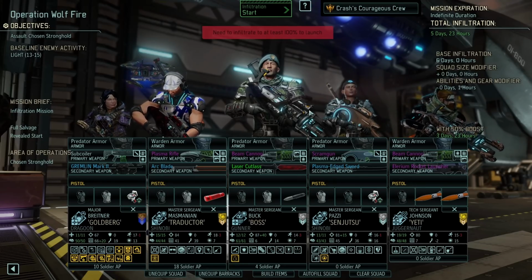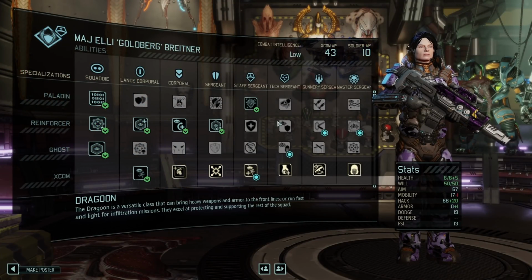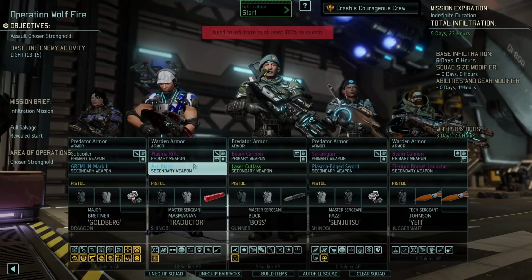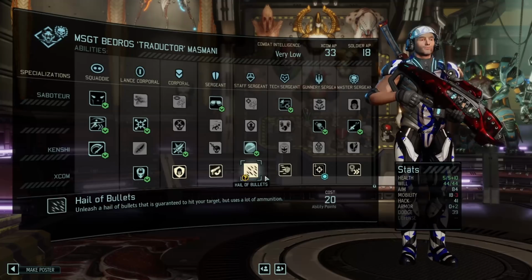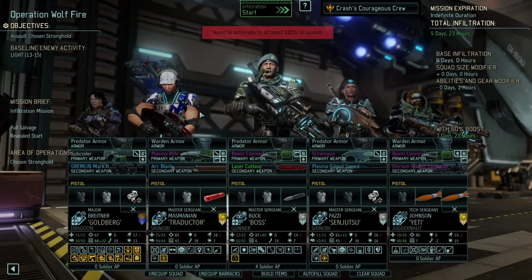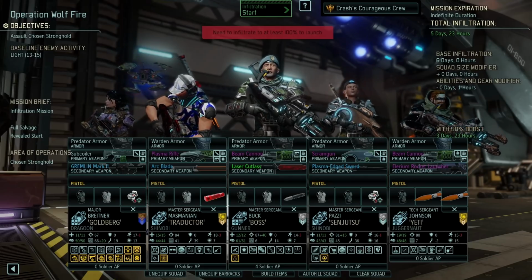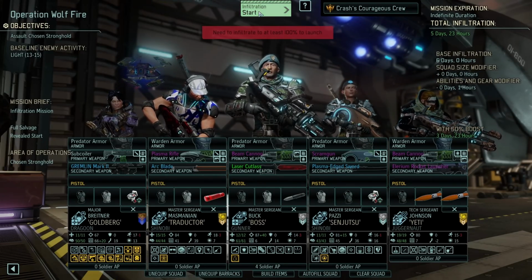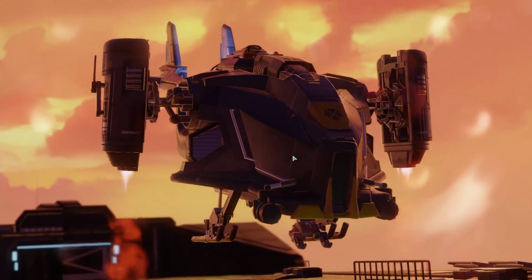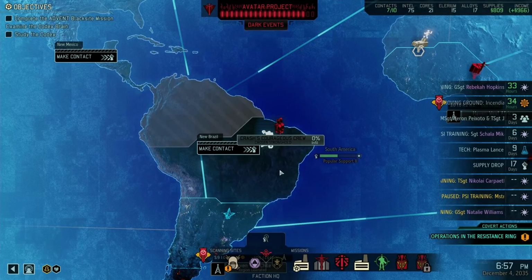What else is new? I wanted to quickly go in here and pick up, brought some AP for medical protocol. And here we're going to get concentration. You know, I'm in a spending spirit today. Time to get those XCOM APs somewhere where they're actually useful. In position for deployment. Okay, and with that on the way...